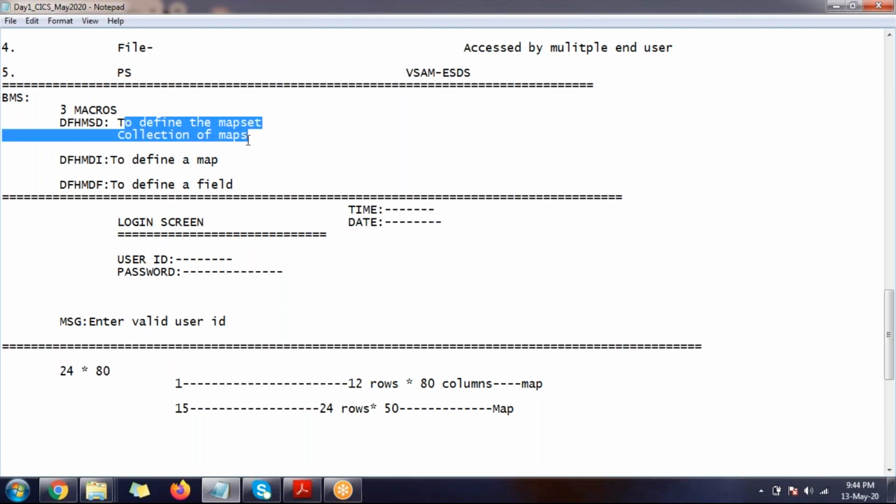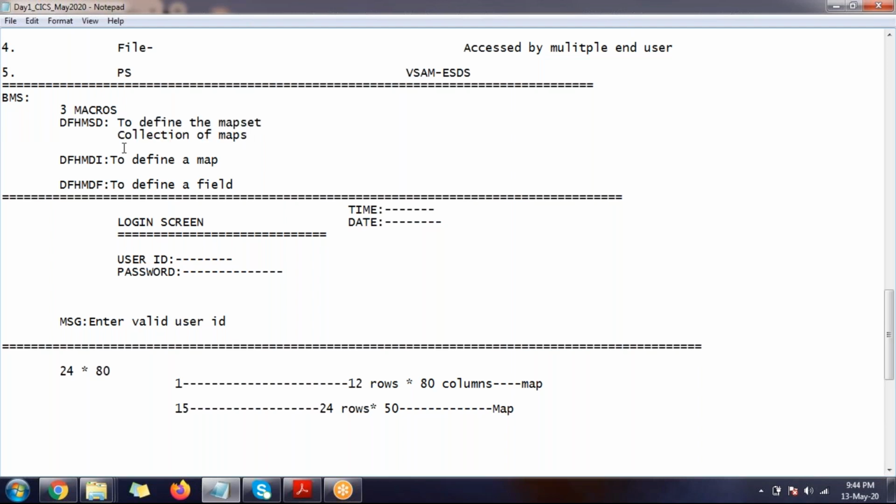What is the meaning of job card? It will control the entire job. Whereas you can write time, date, time, region parameter on a step also. Whatever you write on a step is applicable for that step but not for other steps. But if you write on the job, most of them are applicable to control all your steps or the entire job.